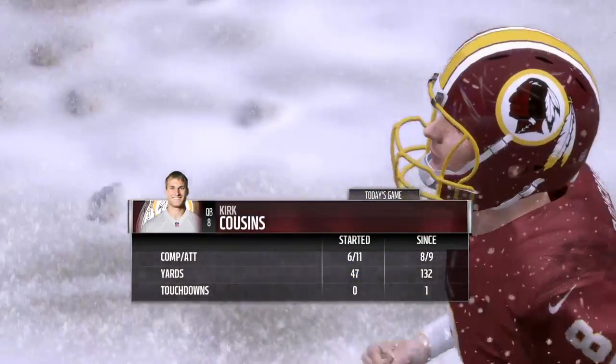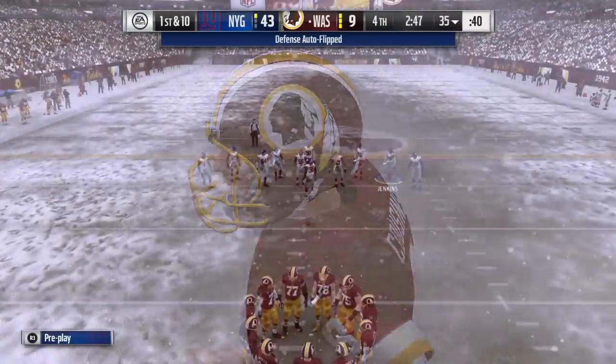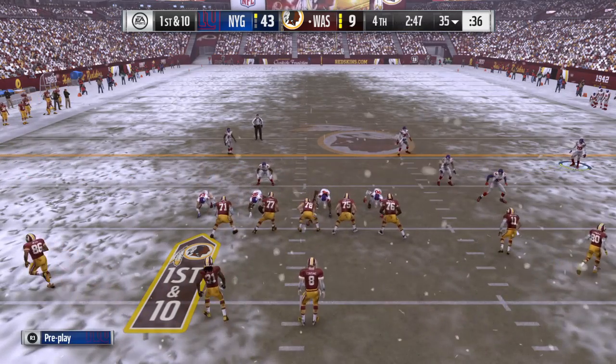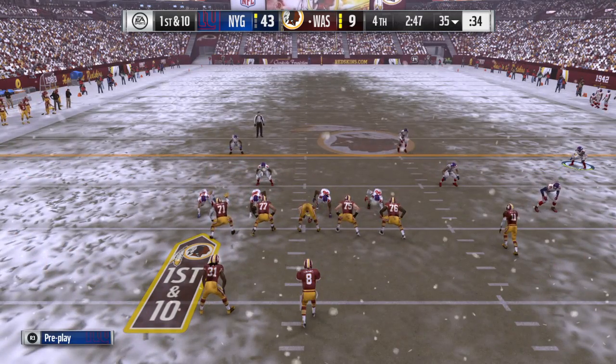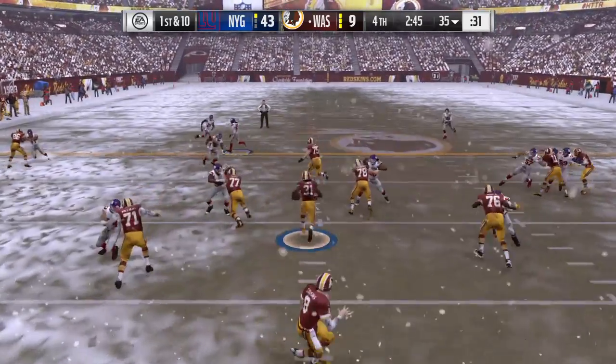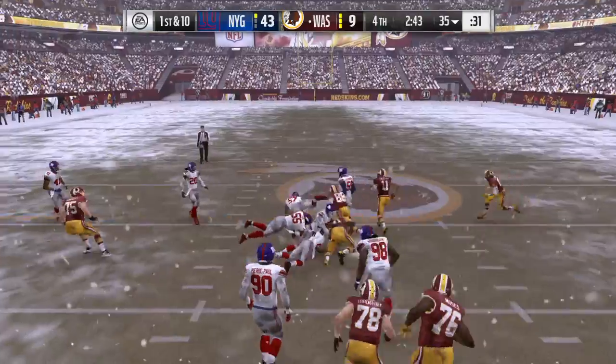Here comes Kirk Cousins now to lead his offense back out there. And after the slow start, the numbers show he has really straightened things out. How often sometimes is that you come into a game and the defense is game planned a little differently than you expected? More often than maybe people realize, so adjustments are